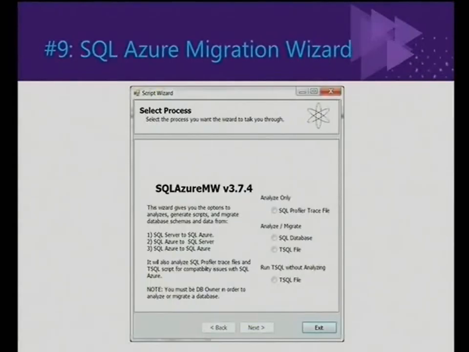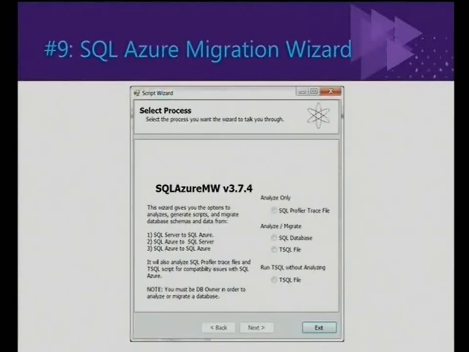A lot of times you want to move your SQL Server database that you have from an existing application and move it up to SQL Azure. There are various ways you can actually do it. A lot of people use SSIS. Some people just manually do it. They'll right-click, which we've done in the past, basically create the schema from SQL Server Management Studio, and then start cleaning up the code because the DDLs in SQL Server 2008 are sometimes not compatible.